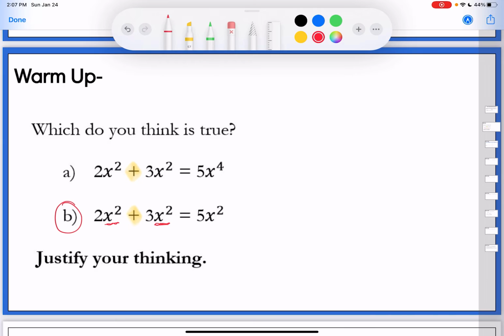So in this case, I kind of just think like x squareds are my thing. Like there could be 2 bananas plus 3 bananas would give me 5 bananas, right? The bananas don't change. That's just telling you what thing you're combining together. So when I have 2x squareds plus 3x squareds, I end up with 5x squareds. So the variables and exponents do not change